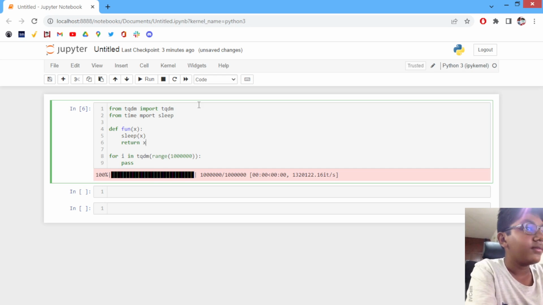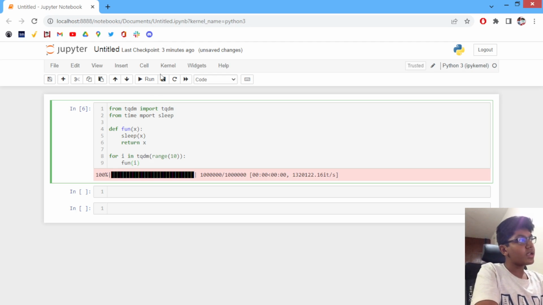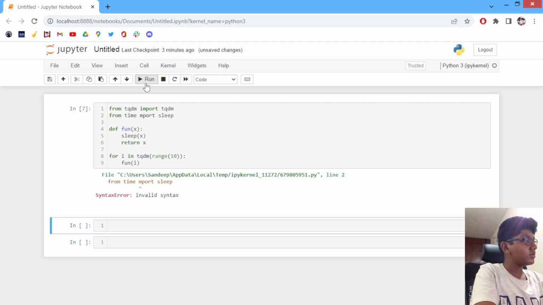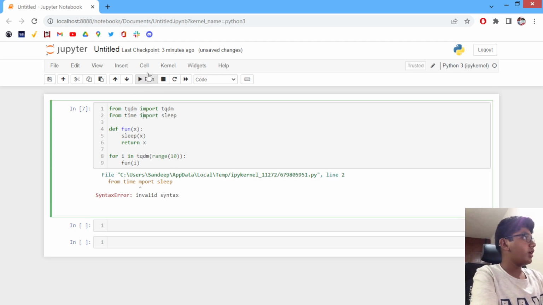And then we have the same loop but 10 times, and we will not pass, but we are gonna do fun(i). So this is gonna be very interesting. So if I run this now,